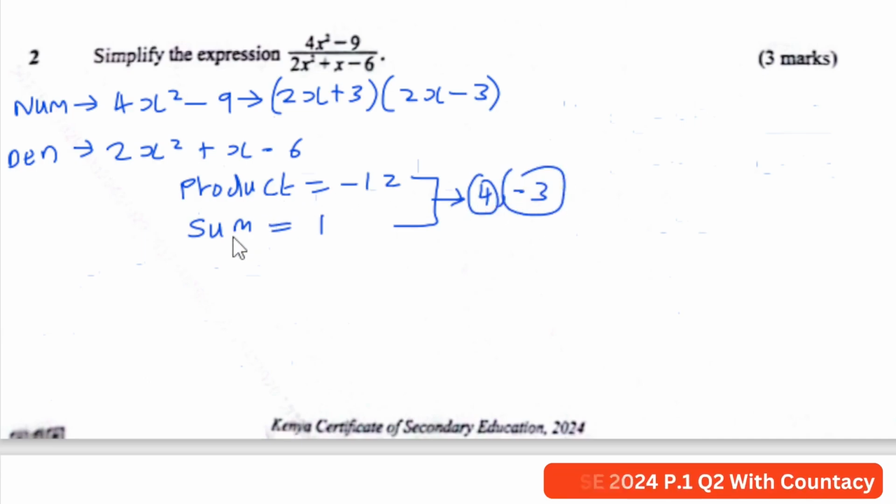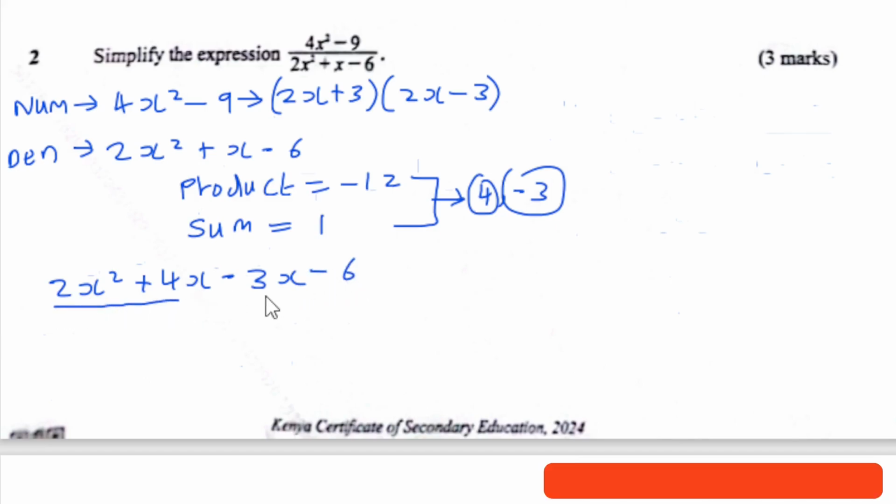Let's go ahead and apply that together. So we have 2x squared. Now, instead of writing x, we write plus 4x minus 3x, and then remember that we've got minus 6 over here. From there, we pair them into two. Then we go to the first pair. We look at which common term we have, and definitely the common term here is 2x. Therefore, we factor out 2x. Once we divide this by 2x, what we get here is an x, and then 4x divided by 2x is 2. We have a plus sign over there.